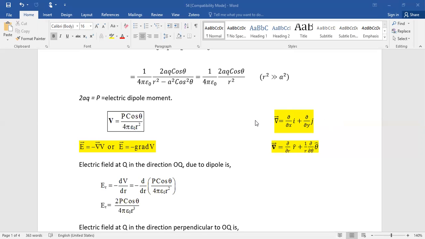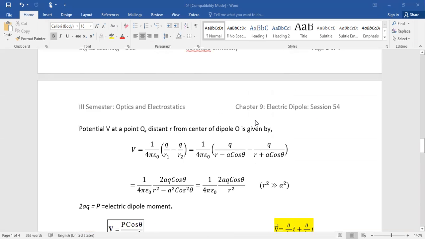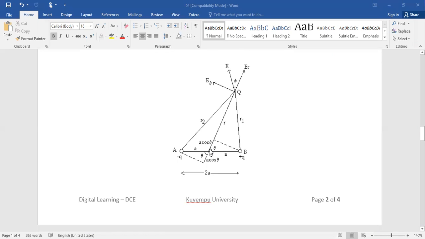Here in this discussion, we are not using Cartesian coordinate system. We are using these two coordinates. One is r, and other is theta. R and theta are called polar coordinates. To locate this external point Q, we are using r and theta. From the dipole axis, you go up to theta degree, and then you move up to r distance. Then you will get point Q. Q is a function of r and theta.